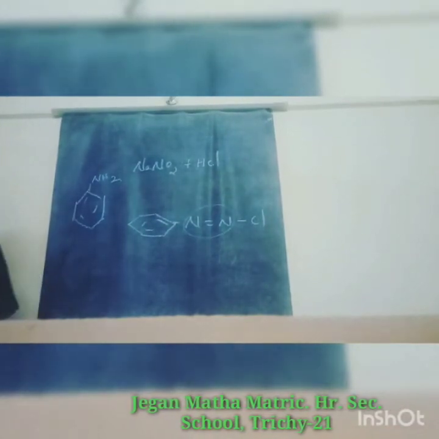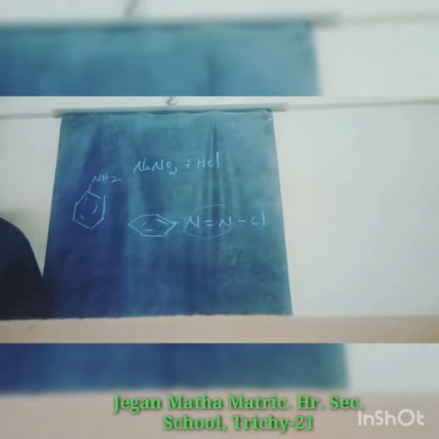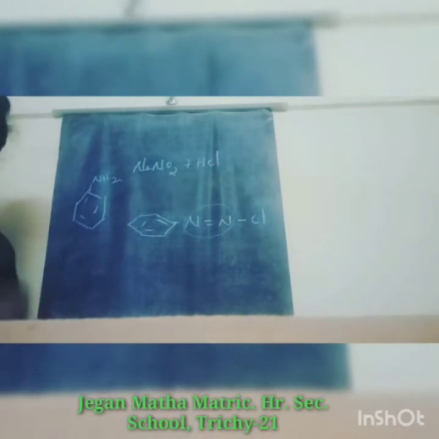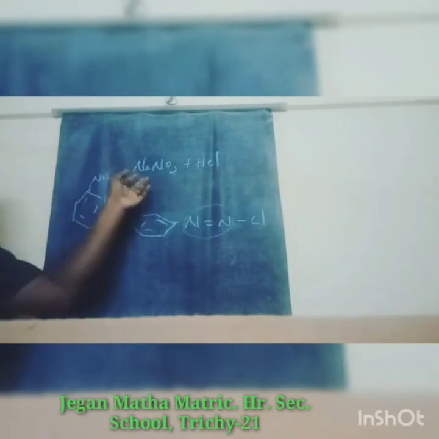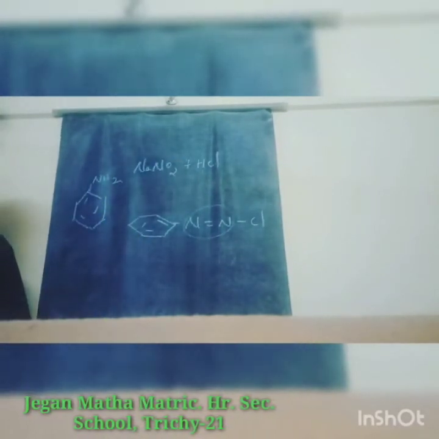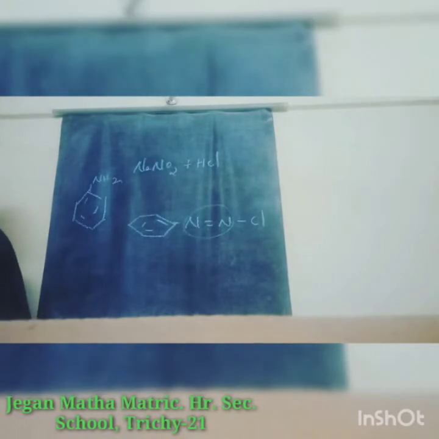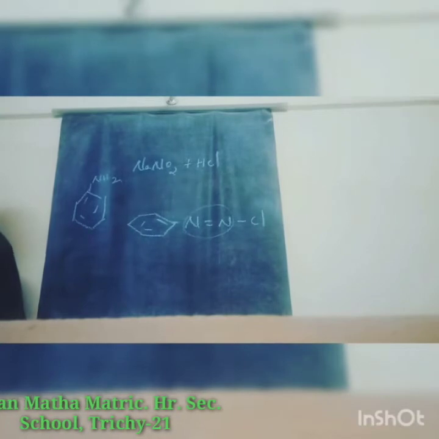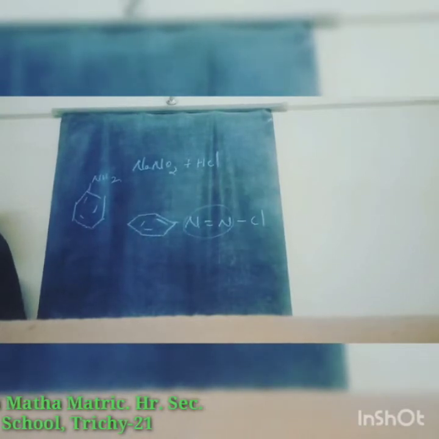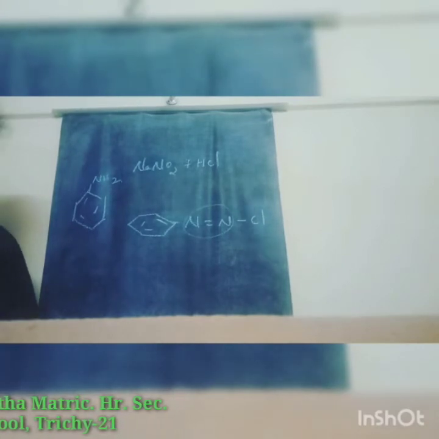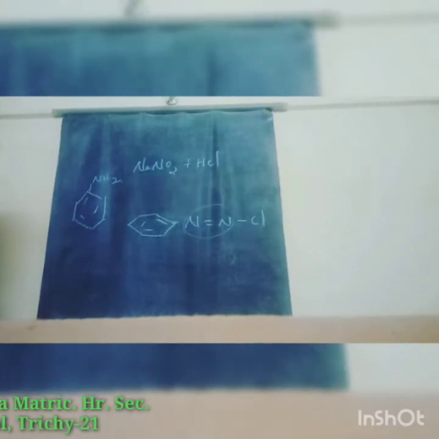So once again I explain this. Aniline is diazotized with nitrous acid. So here nitrous acid is NaNO2 plus HCl. So that is nitrous acid at 273 to 278 Kelvin to give benzene diazonium chloride, which on further treatment with hot water in the presence of mineral acid, it gives phenol. Okay, let us see the equation.